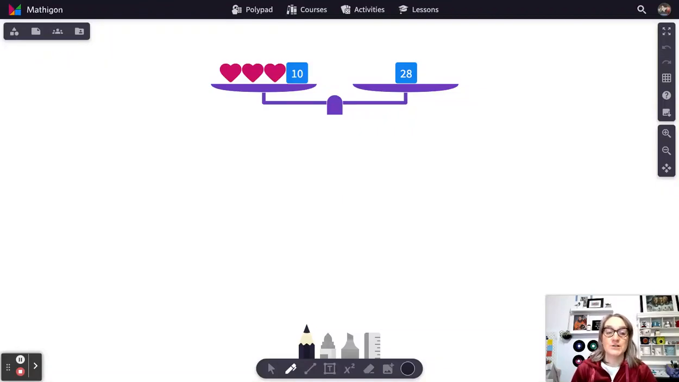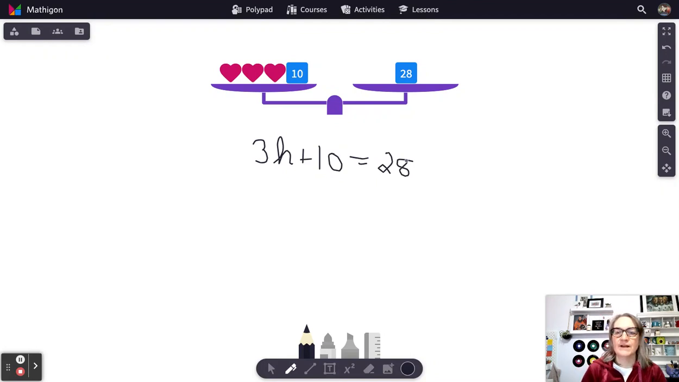Okay, let's use the equation we just wrote to represent this balance scale. So we wrote the equation 3h plus 10 equals 28. All right, so what we want to do now is isolate h, or the variable, on one side of the equal sign and put everything else on the other side so we can figure out what h